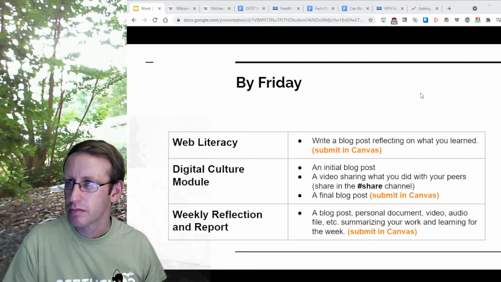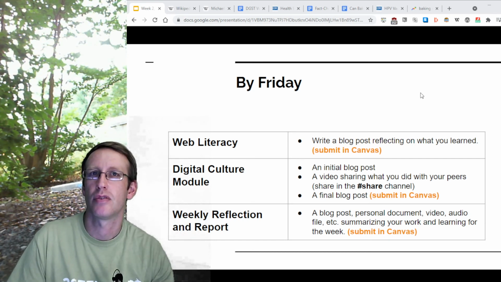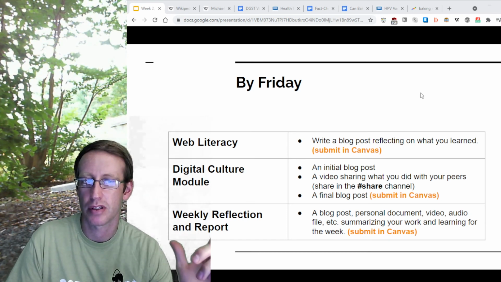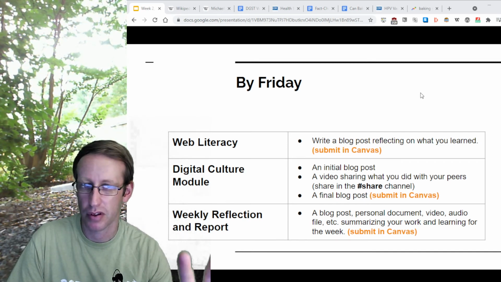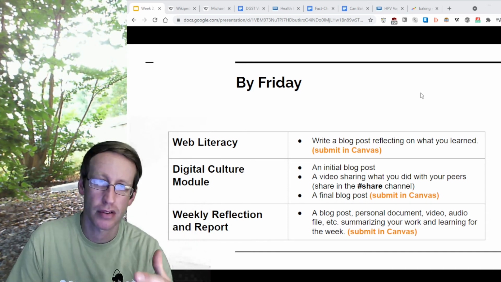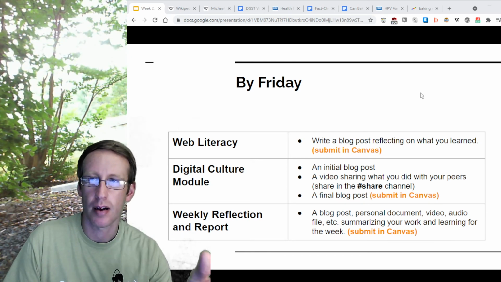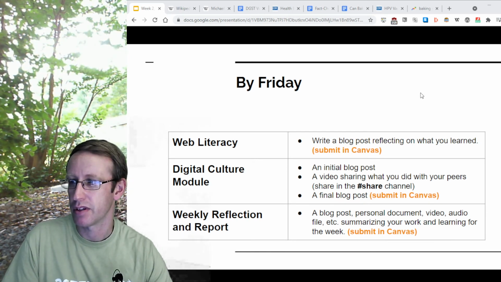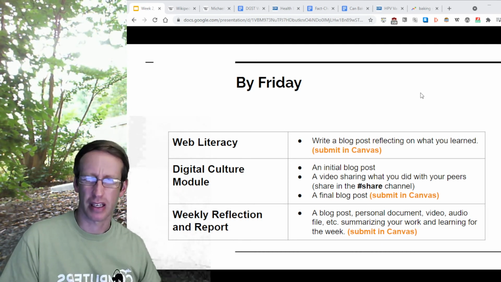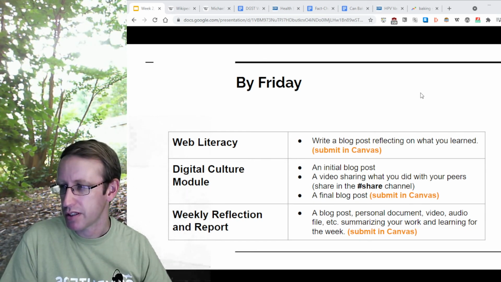So for week 1, it was your Hello World blog post, your reflection on your creativity module, and your weekly reflection and report. It's similar to this week. There should be 3 things in Canvas from week 1, and all 3 of those things are kind of reflection things. And there are other things that you should be doing in Discord, and then talking about in those reflections that you submit in Canvas, if it makes sense. Sorry, it's so many steps. But please do go ahead and do that.